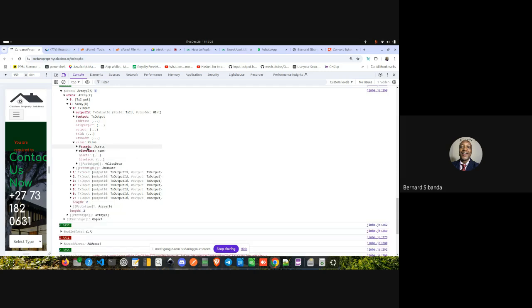Value has got a collection of assets. It has got the second part, lovelace. You see this second part, this is lovelace. Lovelace is denominated under 1 million. So 1 million lovelace is one ADA.